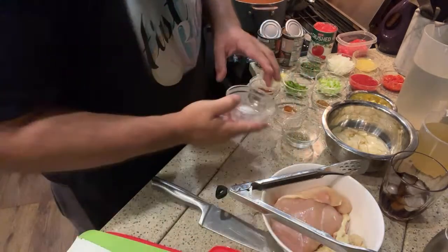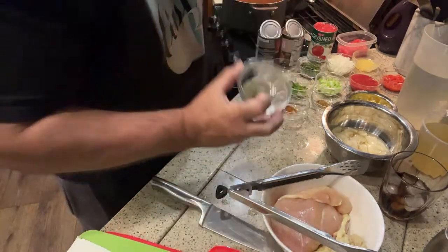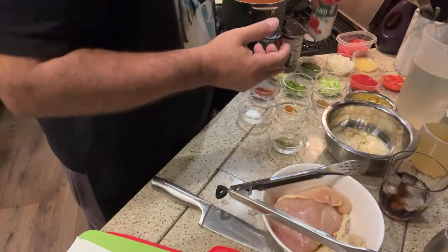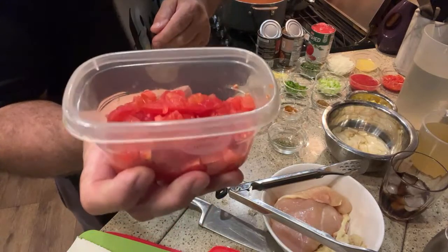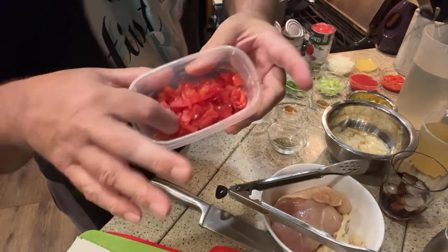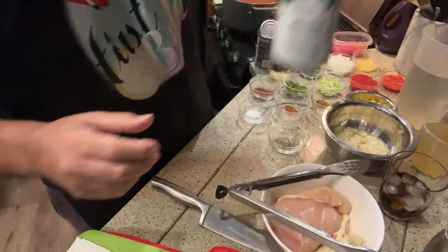1/4 teaspoon of salt. Welcome in, Kimmy. 2 dashes of Italian seasoning, or oregano and basil mix, if you will. And then we've got 1 can of diced tomatoes. We had some left over from our sandwiches, so we chopped some of that up, and we had a whole canned tomato in there too on the bottom. We're just going to add that to it also. But all you need is 1 can, 15 ounce,